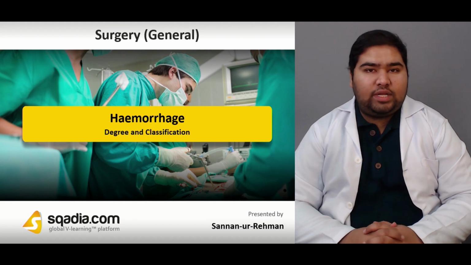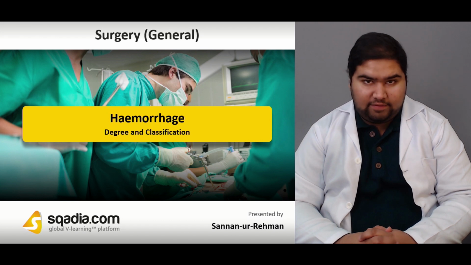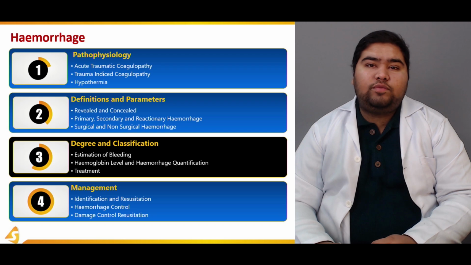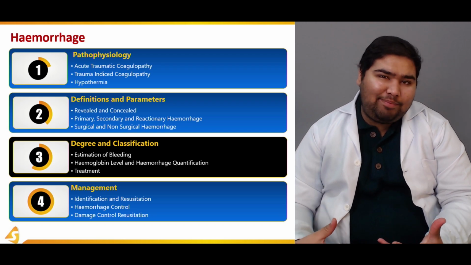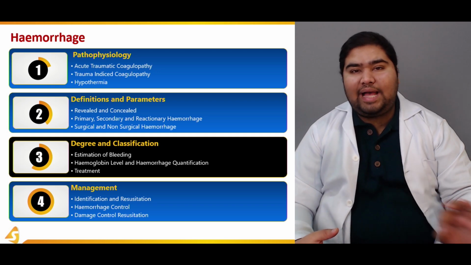So it's hemorrhage once again, and this time we are talking about the degree and the classification. Why is the degree and classification important? Because we have to categorize the type and the amount of bleeding so that the management can progress as we